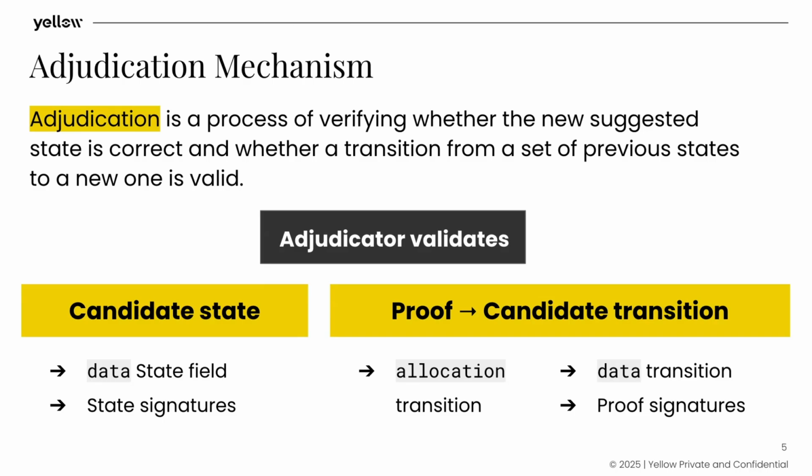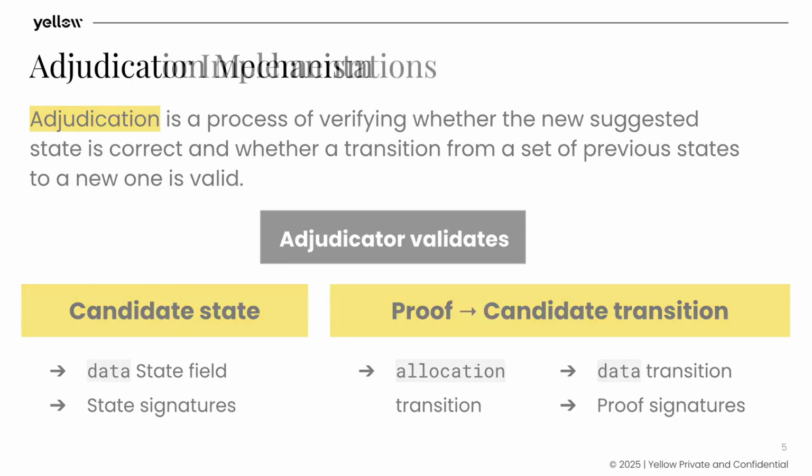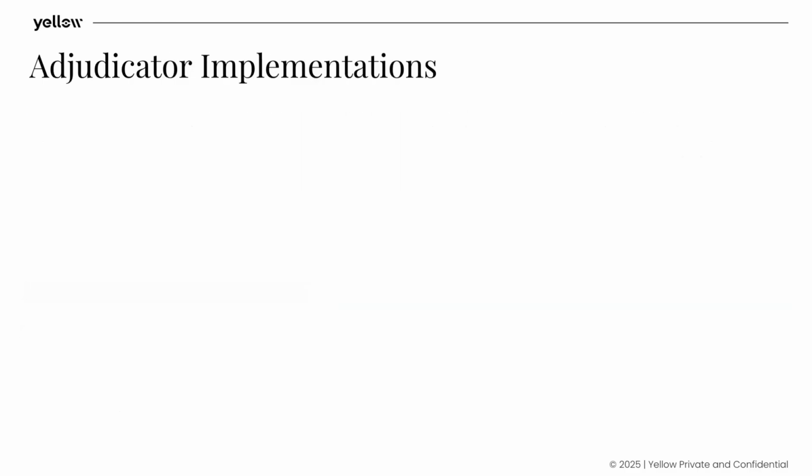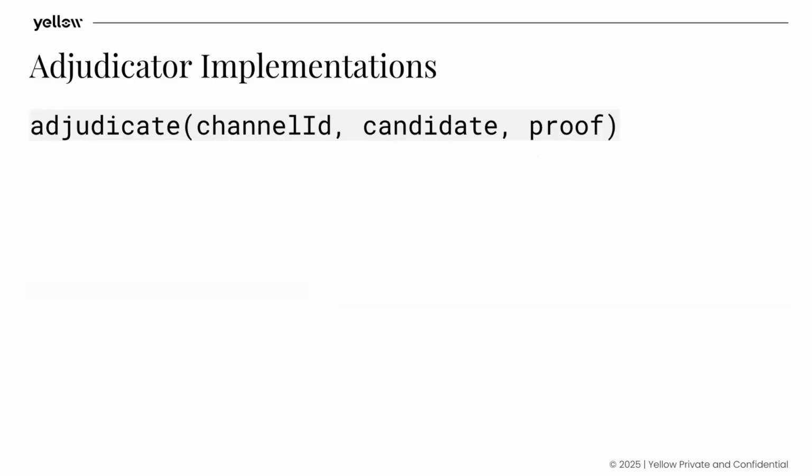If a candidate state or proof-candidate transition is deemed invalid, the adjudicator returns false and any action that was performed on the state channel is reverted. Now, let's see what adjudicator implementations look like. An adjudicator contract must implement the adjudicate function, which takes a channel ID, a proof, and the candidate state, and returns whether the transition from proof to candidate is valid